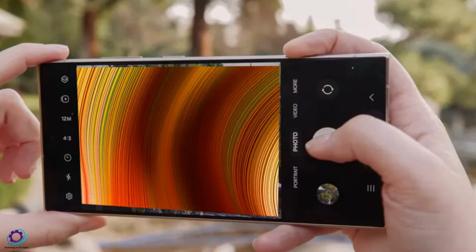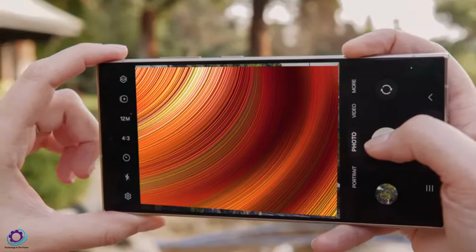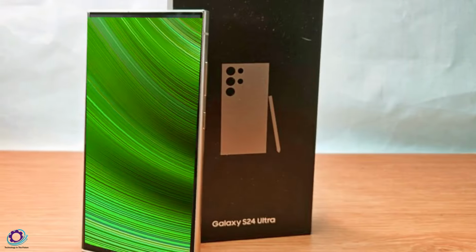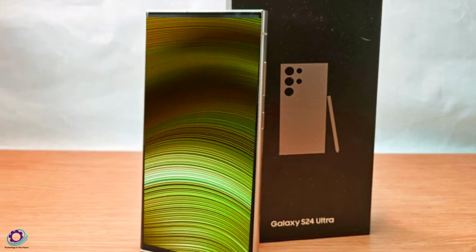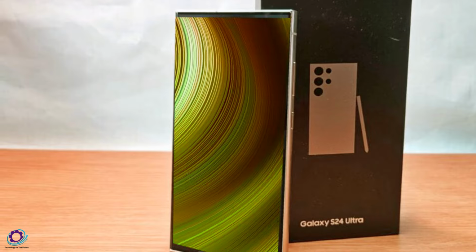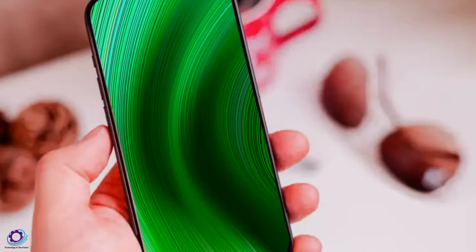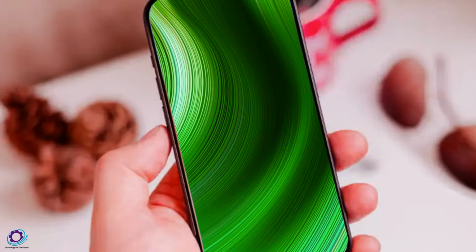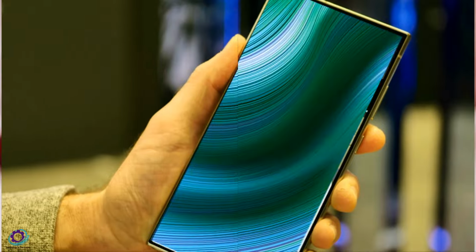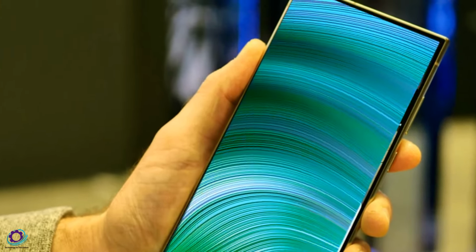However, the display qualms don't end there for S24 users. Drawing parallels to the Galaxy S20 series, released a few years ago, a familiar issue has resurfaced: the notorious green line display problem. Initially observed in the S20 series, this problem extended its reach to other Samsung models, as well as devices from OnePlus and Realme. Astonishingly, 4 years after the S20 series launch, a similar issue seems to have emerged with Samsung's latest flagship, the